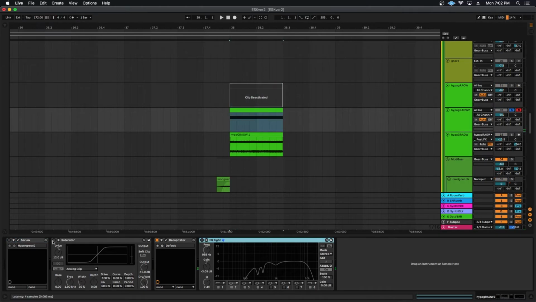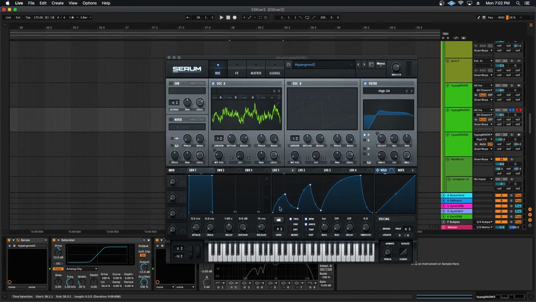I literally just duplicated the track, but all I did different here was in Serum, I changed the LFO. So instead of that one arc going, it's actually 3 of them. And then there's a bit of, because I used it to play not the root note, but other notes. And what I can do with this is,